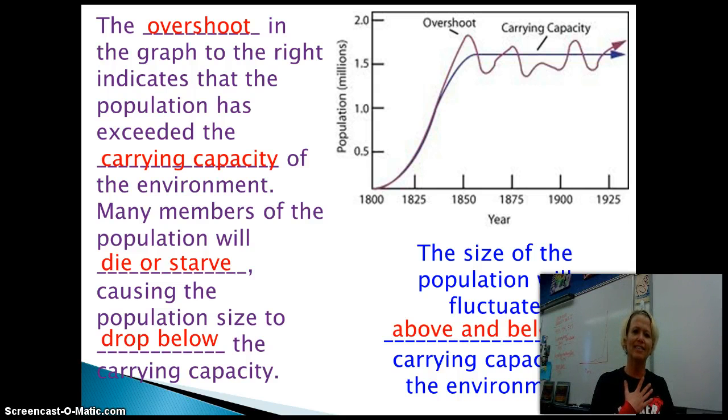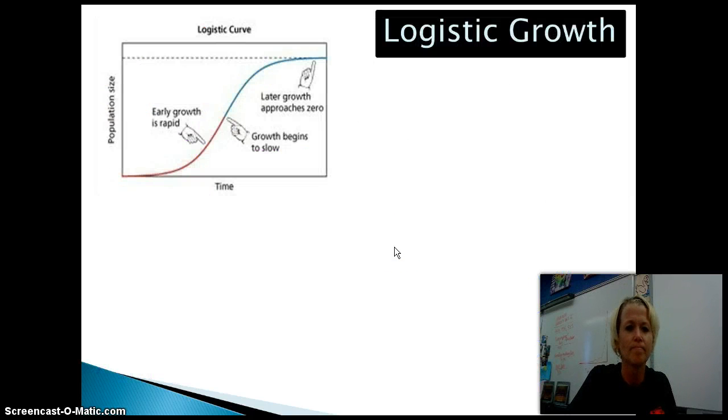Just know that realistically in nature, nothing is ever as perfect as a straight line. There's always going to be fluctuations and exceptions and different things. So that isn't very realistic, but that's the one that we're going to look at. Now, logistic growth kind of combines the two of them. We have exponential growth for a while. Then the